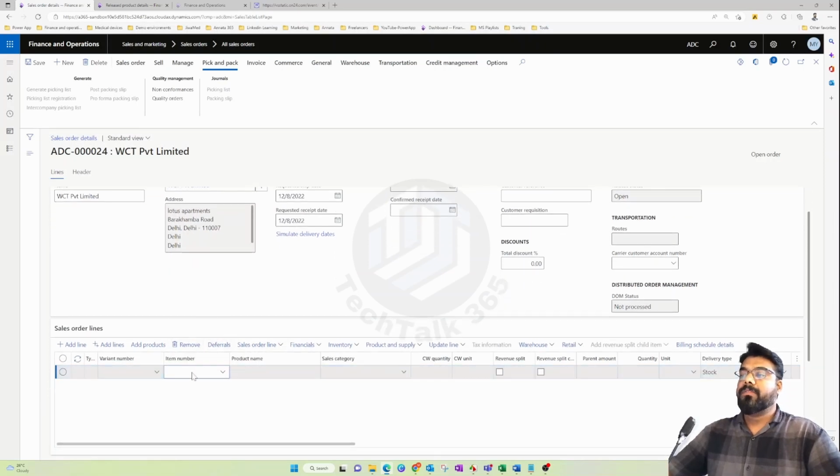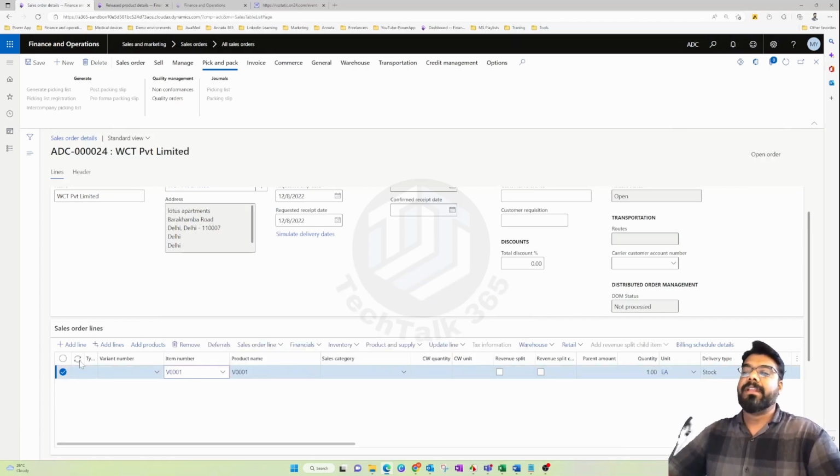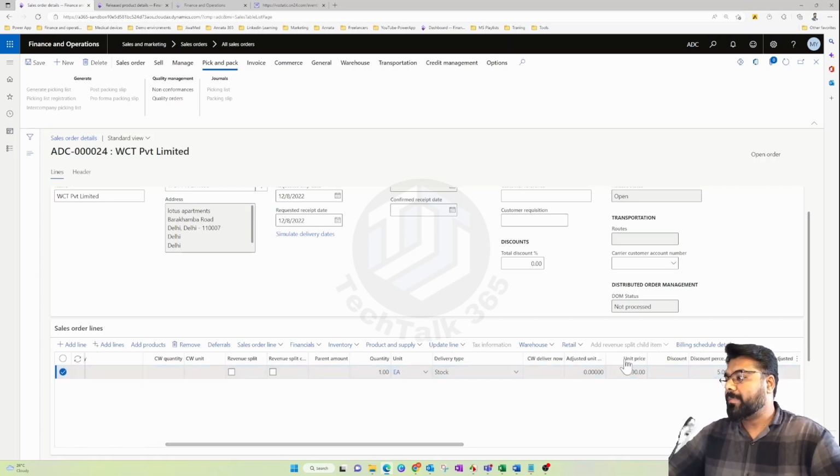So even though this is attached to an agreement, you can still add an agreement line and a non-agreement line, because at the line level, the system will automatically link the relevant item into the agreement. Let's say that this one is an item that is a part of the agreement. I can even add one more line which is not a part of this agreement. So the system automatically sends the item and the prices will be calculated accordingly. In this case, it is a part of the agreement. So you will see that the price is not 100, it is 90 in this case.